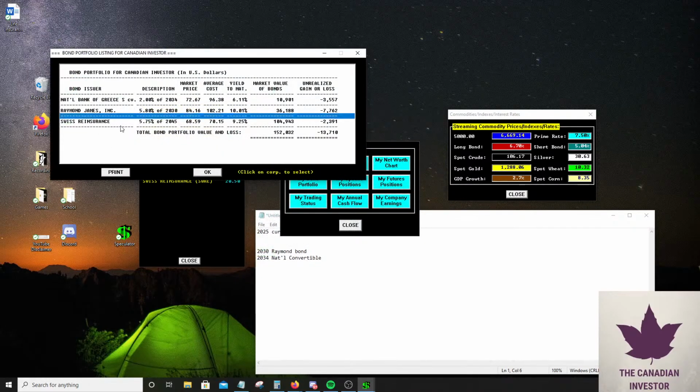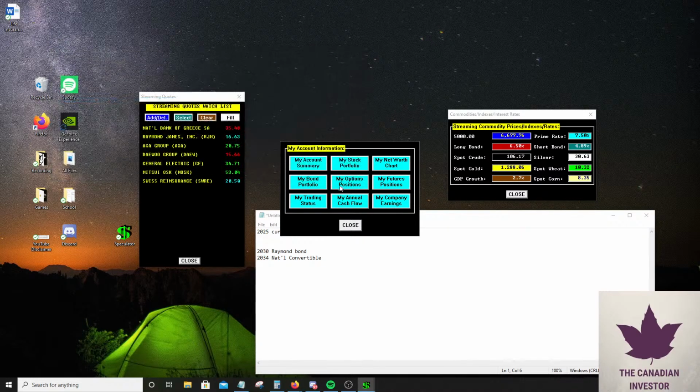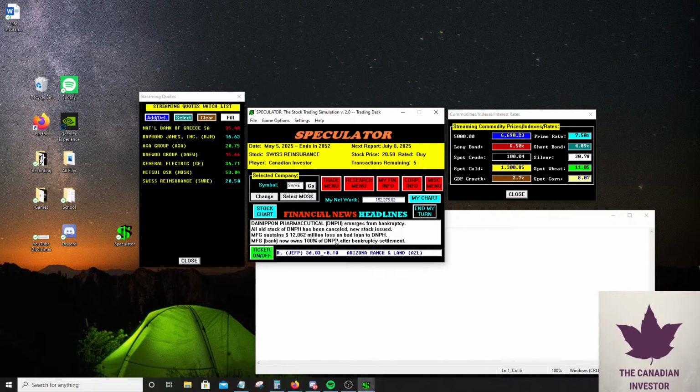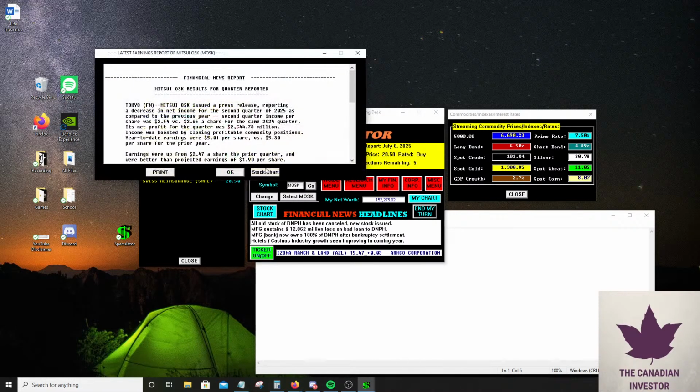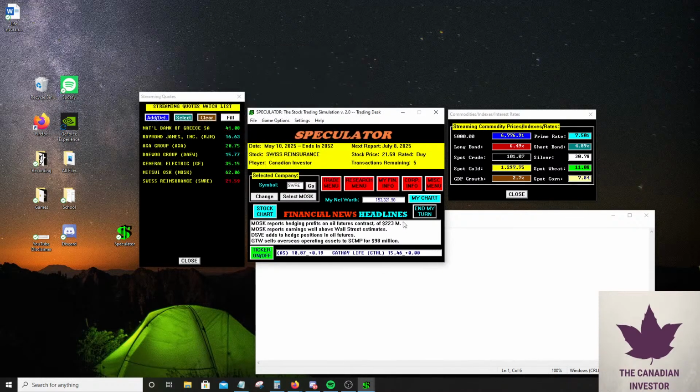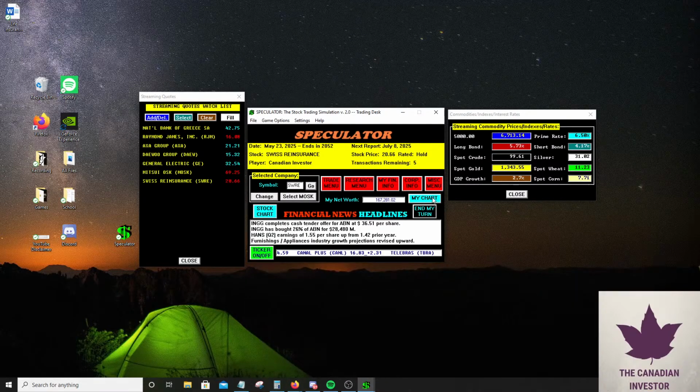So right now most of our portfolio is in Swiss Reinsurance and it pays about 9%. So we're gonna start going for a bit higher coupon bonds just because I want to take a bit more risk. That was a high coupon bond, but that's just because interest rates were high and they had to issue at high rates. And it's a safe bond too, which is good.